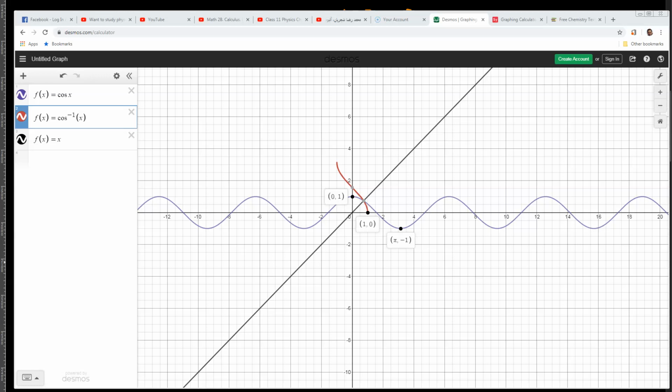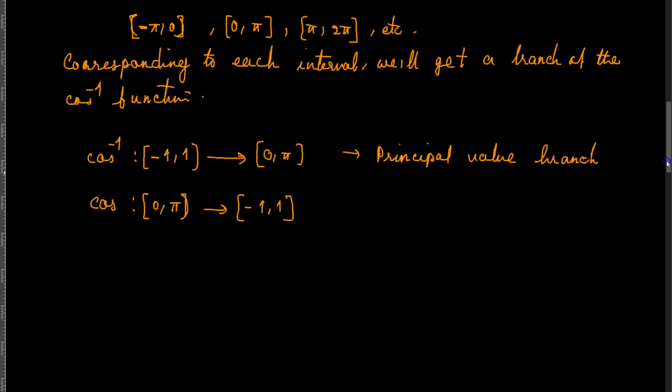Now let us discuss the cosecant inverse and secant inverse as follows. So now we want to talk about the cosecant inverse function and the secant inverse function. These two. So basically you know that the cosecant of x is equal to 1 over sine x,